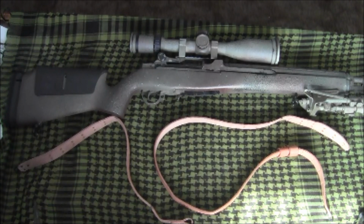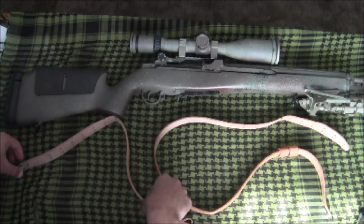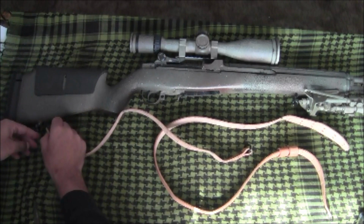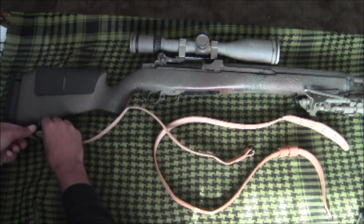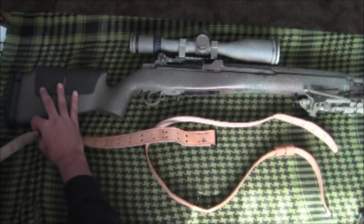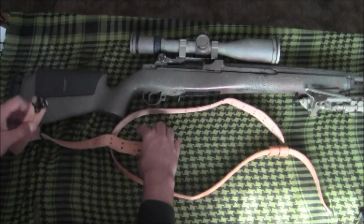Alright guys, so I'm going to show you how I set up a leather sling for use as a carrying sling and also as a shooting support using the loop sling method. First I take the smaller piece with the hooked end, hooks facing away from the rifle, put it through the rear sling swivel. If you have to buy sling swivels, make sure that they're deep enough that they'll fit the hooked end through